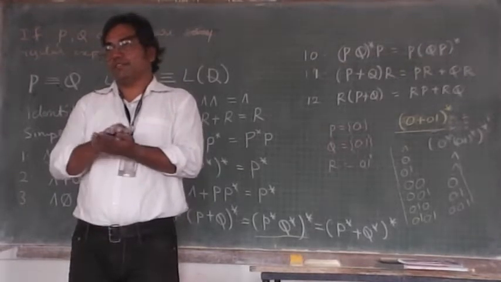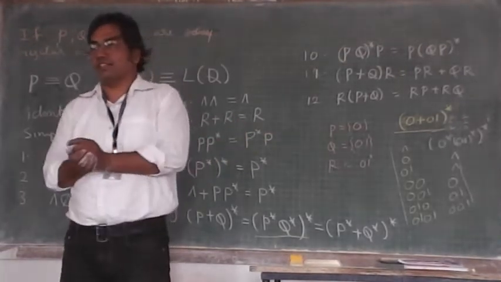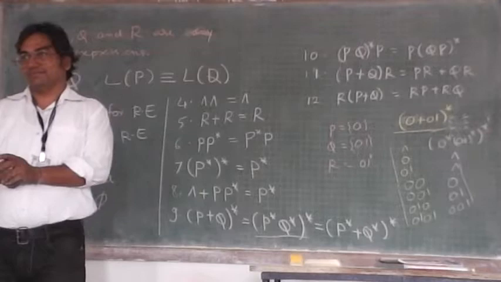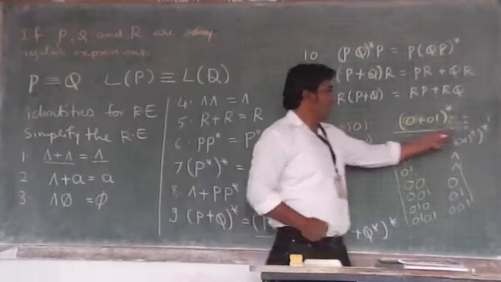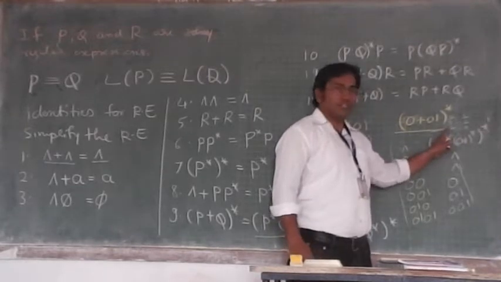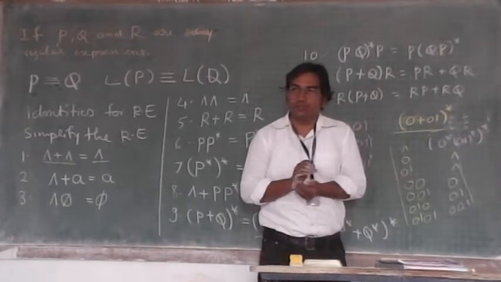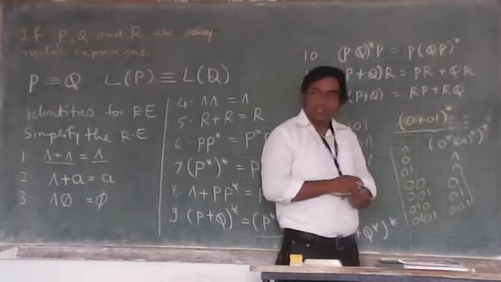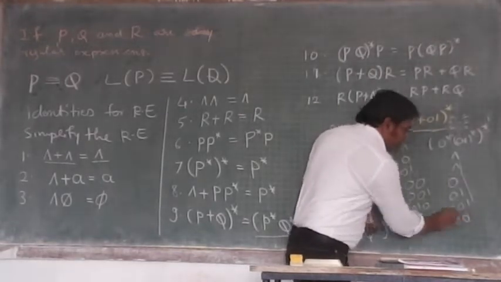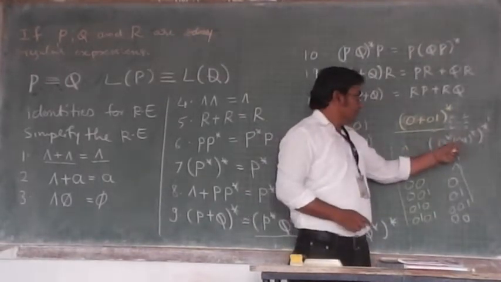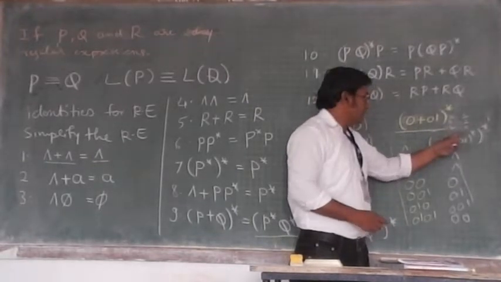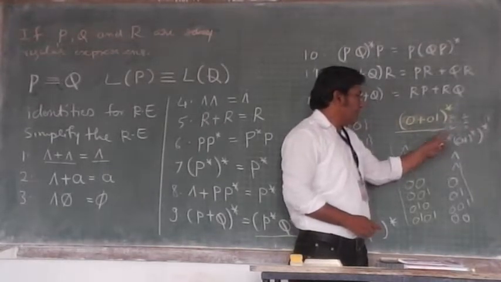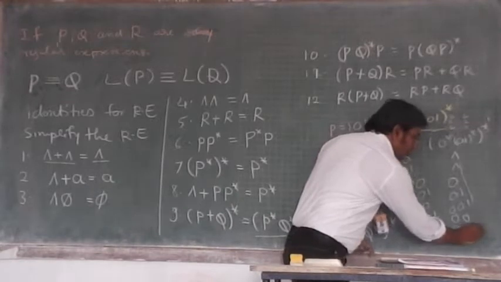Please stand up, please. Tell me what is where we are actually discussing. What is the next time? When I will consider this star as a 1 and this as a 2, this star as a 2 and this star as a 0. Tell me what the string you will generate. It is 0 0. Okay? 0 0. 0 1 0 1. When you consider this as a 2, this as a 2 0, then 0 0 you will have. 0 2, in that case 0 1 0 1 you will have.